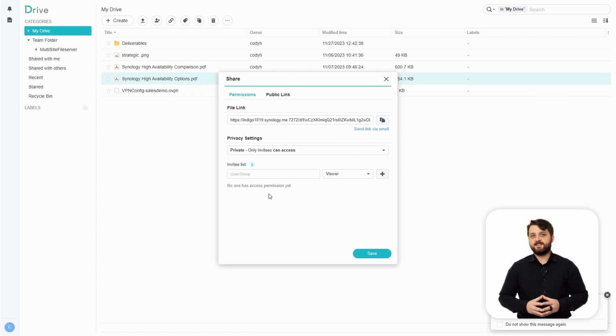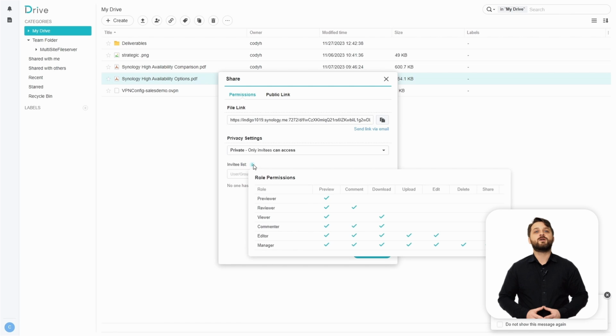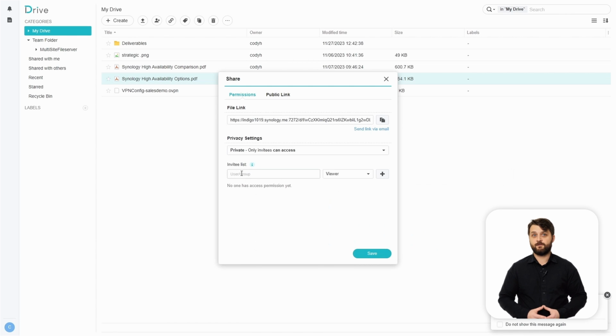Now, if you want to do an invitee list, you have all kinds of different permissions you can apply to these specific users. So for Bob, for example, we're going to give them viewer access to this environment using the sharing link. Now, you can give them permissions with the dropdown, and as you hover over the selections, you can see what they will actually do. Now, Bob will be able to access this environment once we hit save.